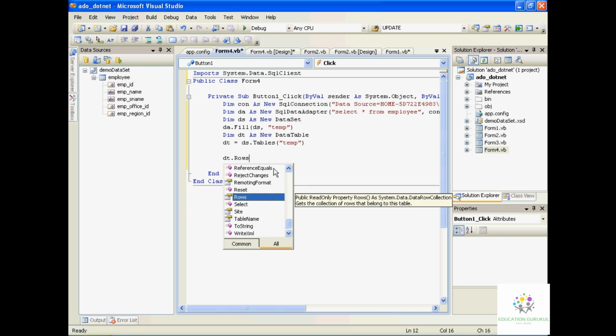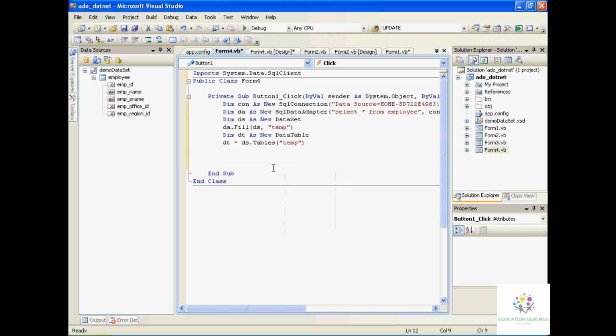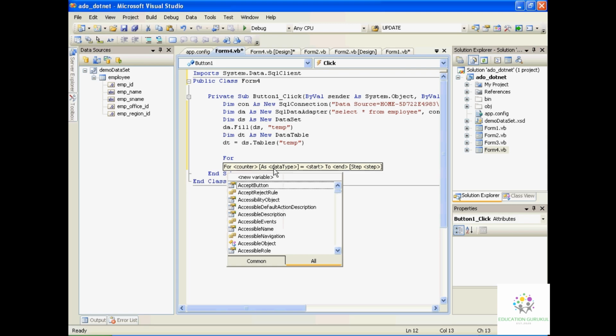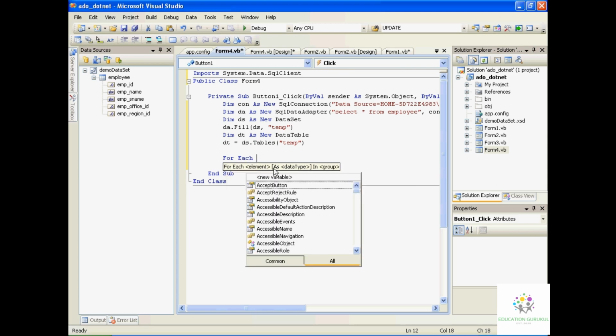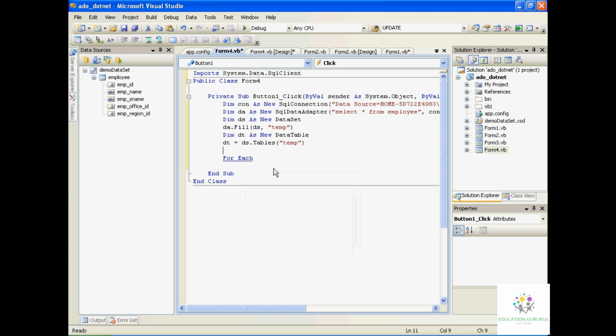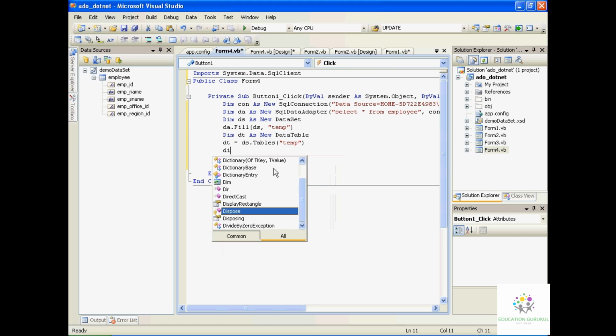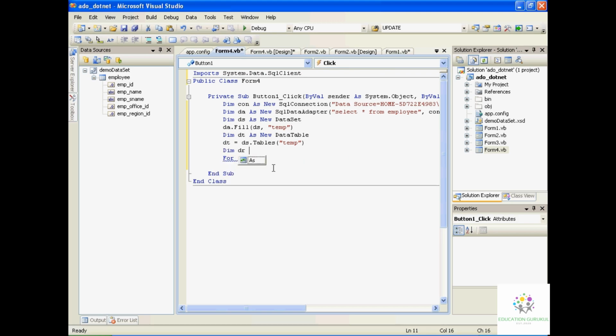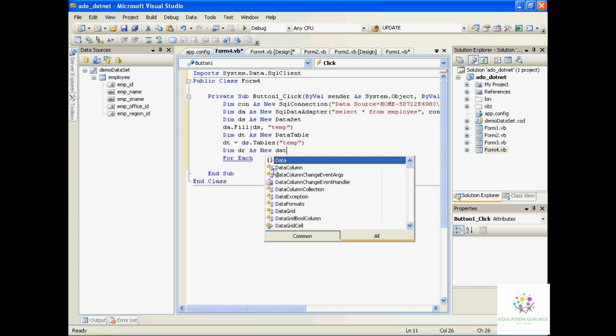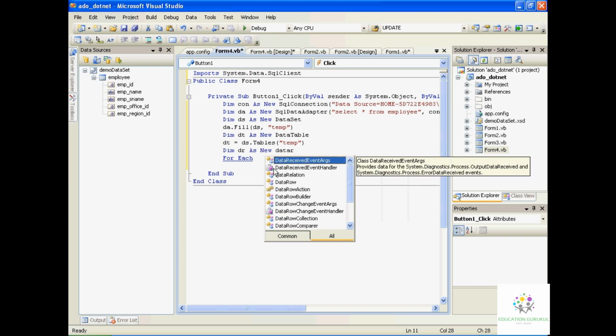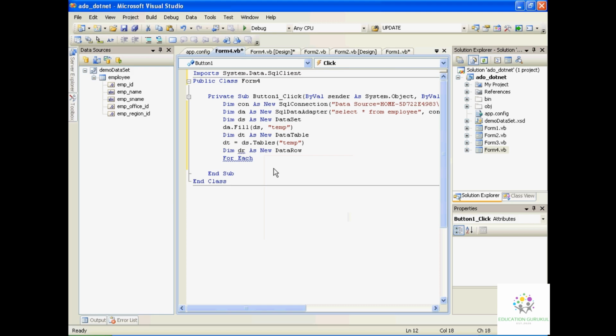Okay, so let's see how we can retrieve it. I'll be using a for each loop. For each loop I'll be saying I just need a data row. So for data row, let's create an object for a data row. dt dim data row as new data row. Okay, for each dr